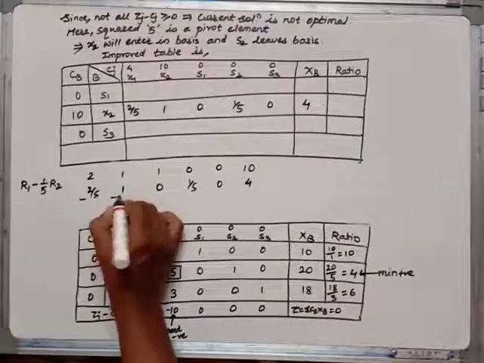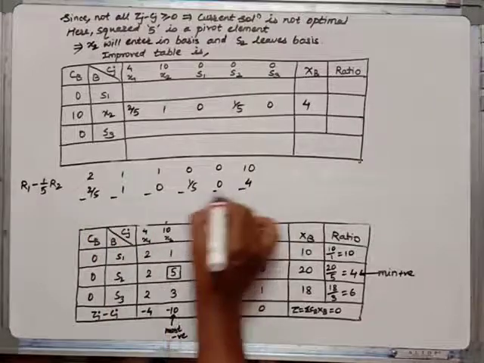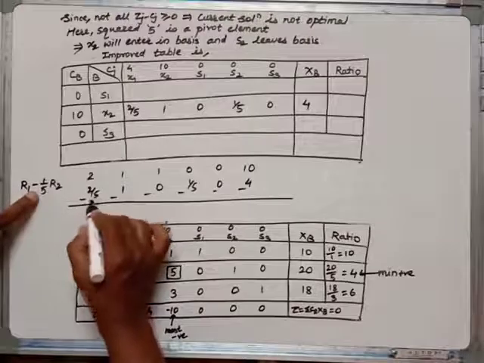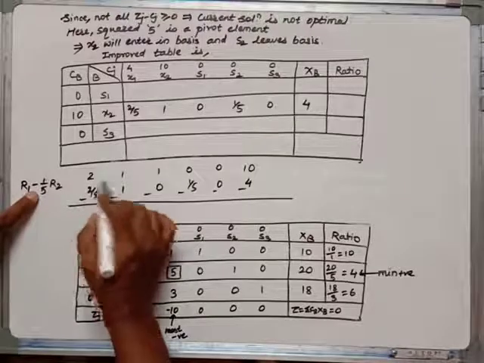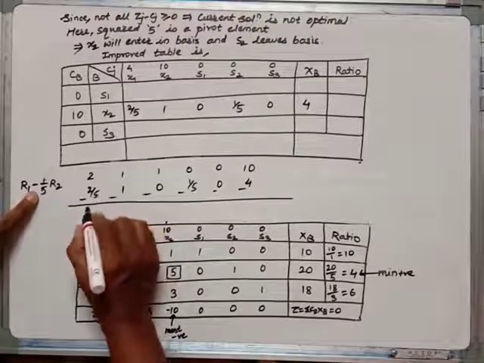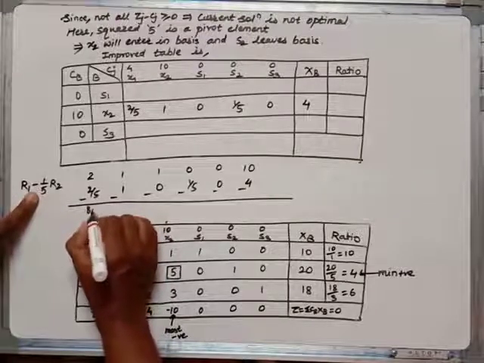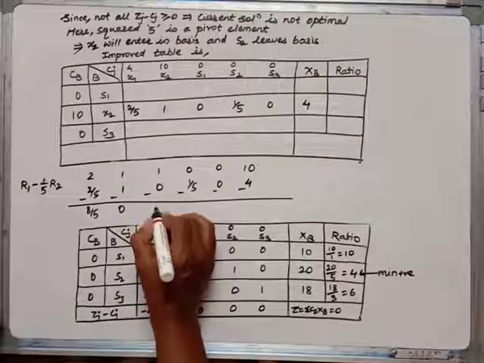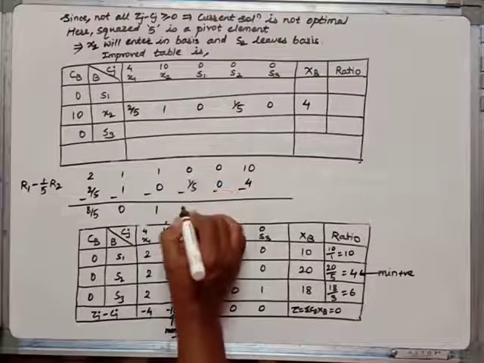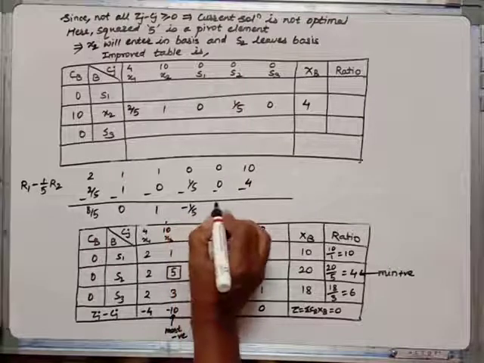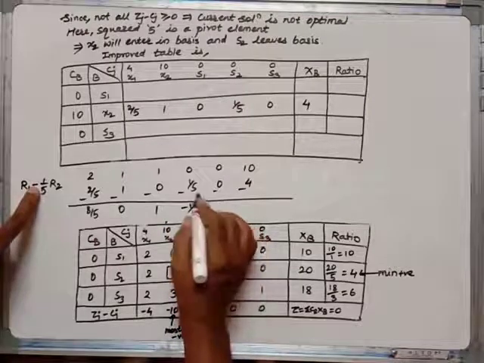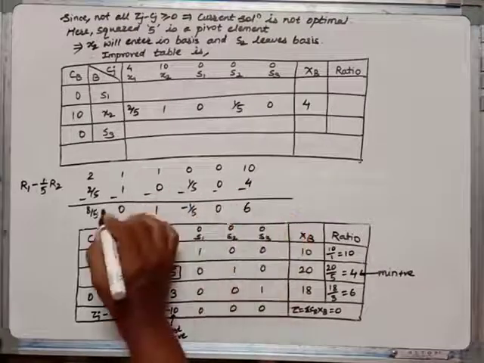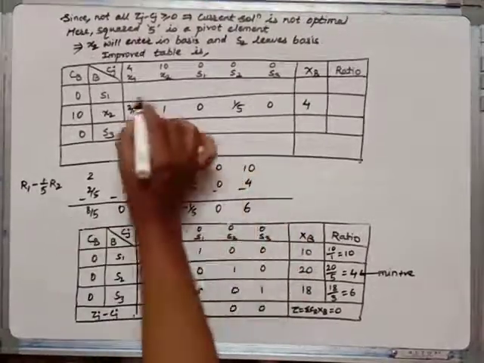Now let us subtract them. Subtract the second entries. Now you know this 2 minus 2 by 5. So 10 minus 2 will be 8, so it will become 8 by 5 by taking an LCM. Now 1 minus 1, 0. 1 minus 0 is 1. 0 minus of 1 by 5, so minus 1 by 5. Here this minus operation I am doing. Is it okay to you? 10 minus 4 is 6. So this is our first row in this improved table.